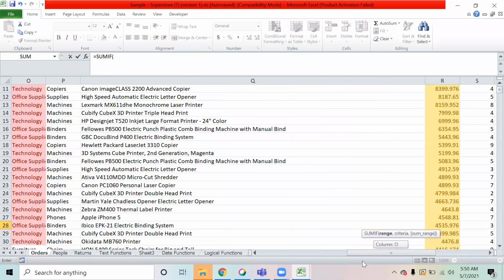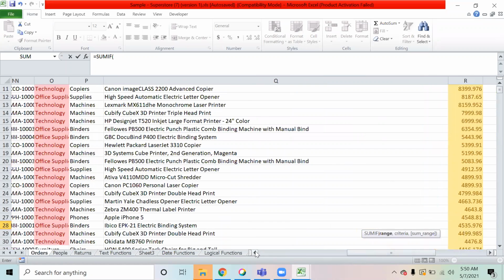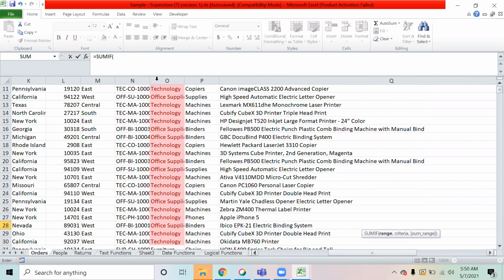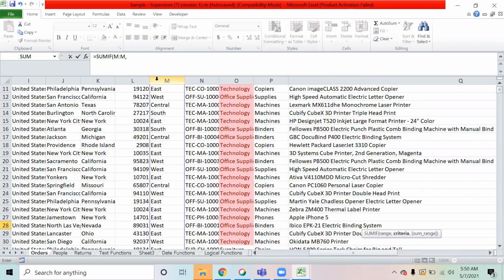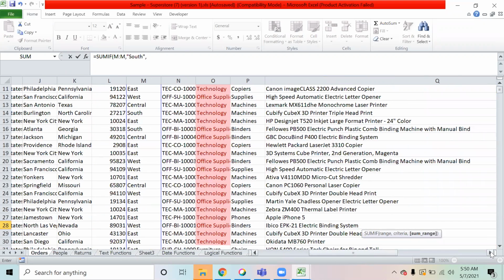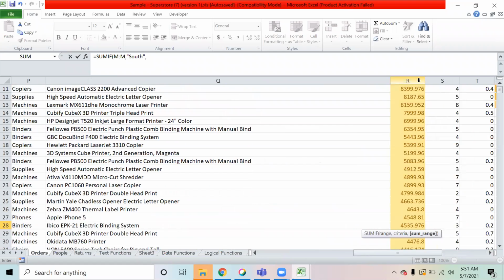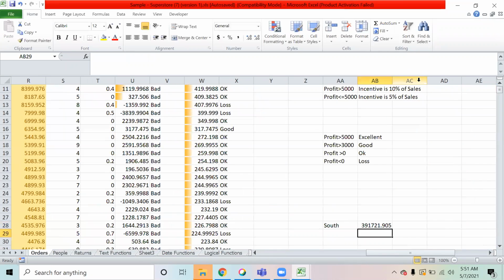Range is the column of region, that is this column, comma. What is the criteria? Criteria is South, comma. And what is the value that I have to add? That is column of sales. That is this. So again, this is the sale that happened in South region.